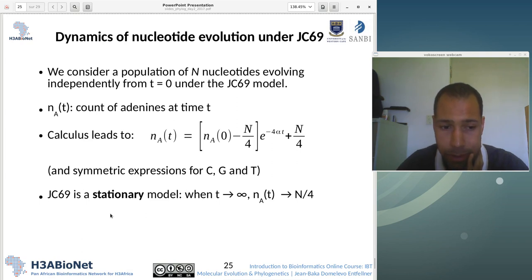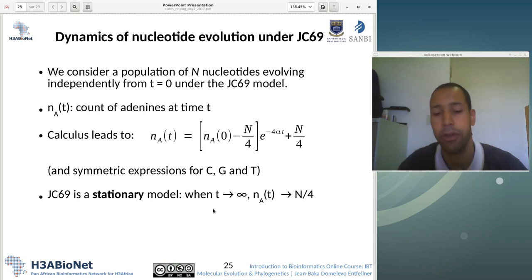This means that this Jukes and Cantor 69 is a stationary model because there is a horizon distribution of nucleotides, and this distribution of nucleotides is the uniform distribution, 1/4, 1/4, 1/4, 1/4,